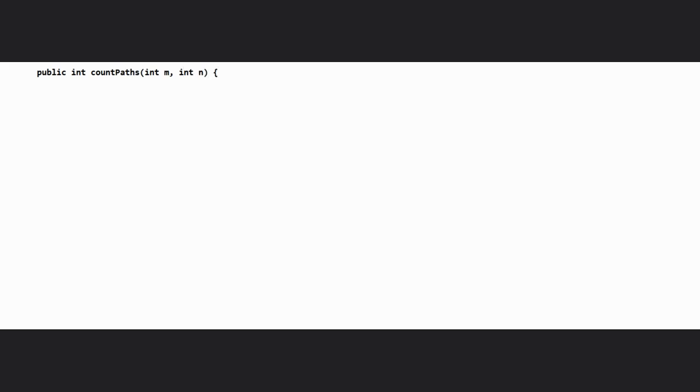For the recursive solution, our base case is if m is equal to 0 or n is equal to 0, we will return